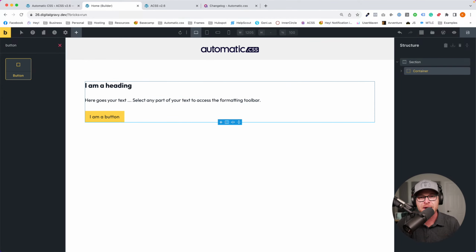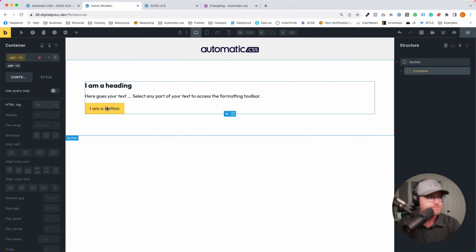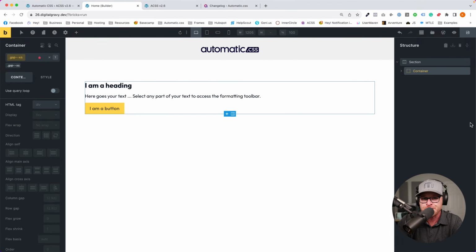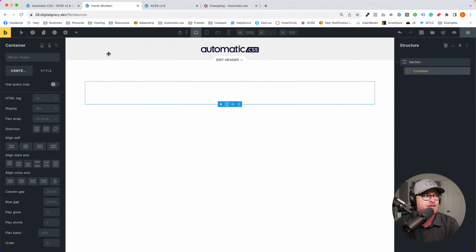This automatic spacing has zero specificity, which means at any point in time with a utility class, with a custom class, with ID styling, it doesn't matter. I can come in and say gap XS, and I can just change the gap on the fly. I just want something different here, so we'll choose something different, because the automatic spacing has no specificity. It's easily overridable using pretty much any technique. So you're always in full command of what is going on with your spacing.